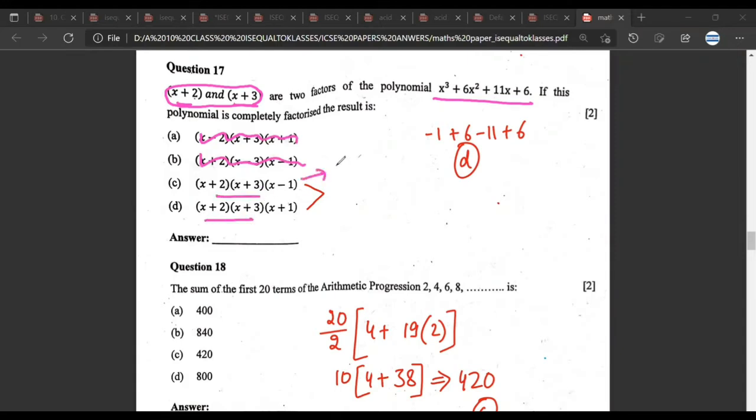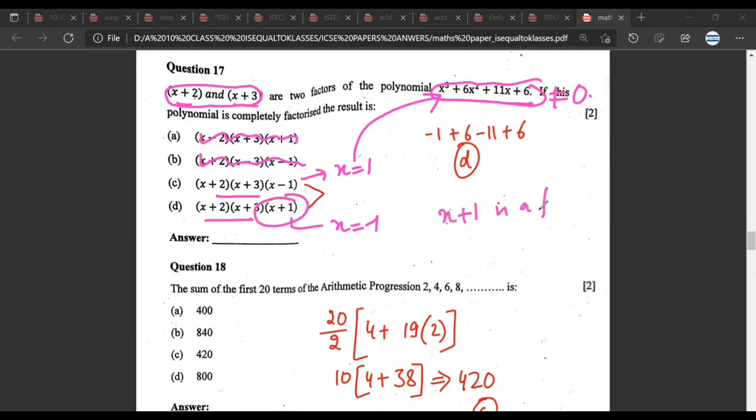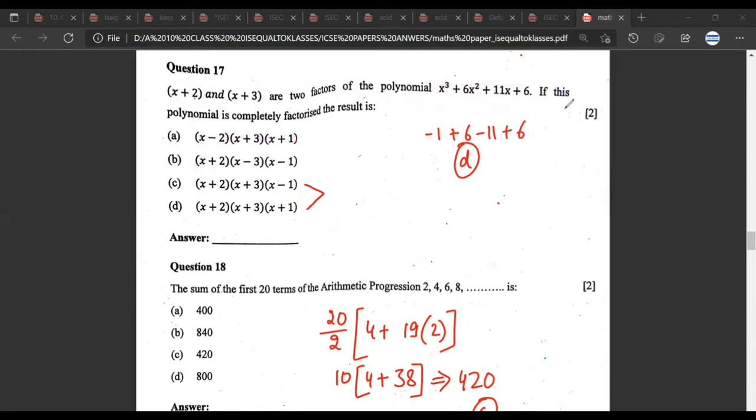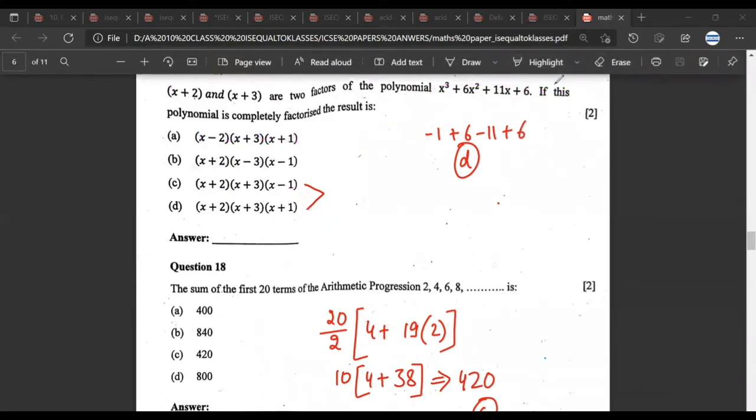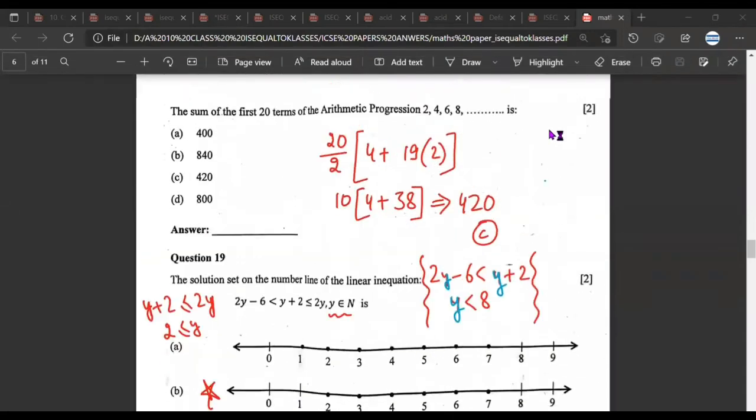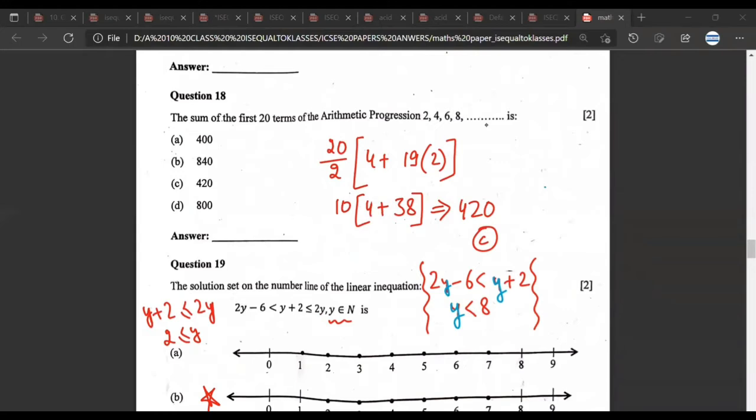Now out of this, x equal to 1 and x equal to minus 1 is what I need to check. How do I check? I put the value x equal to 1 here. x equal to 1 will never make this polynomial 0, because all the signs are positive. So it is only minus 1 which will make this 0. Basically what we are trying to check is whether x plus 1 is a factor of the polynomial. It would be a factor if and only if, when you put x equal to minus 1 in this polynomial, the answer is 0. I hope you have understood what has been discussed. So the correct answer is D. No need of dividing and going into the full process because this is an MCQ based question paper.